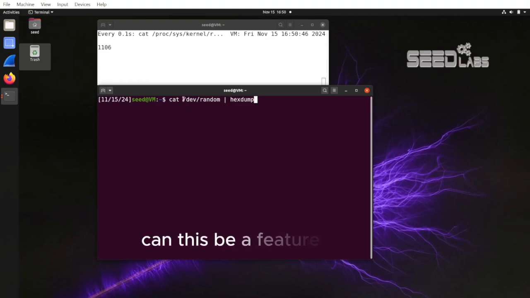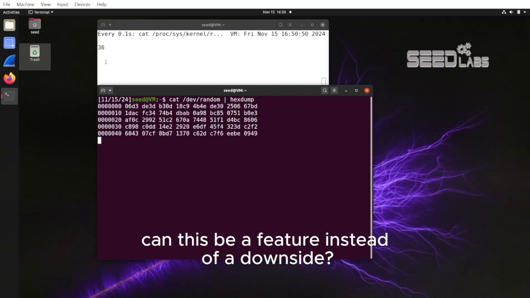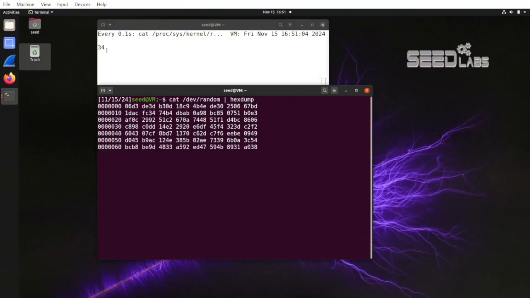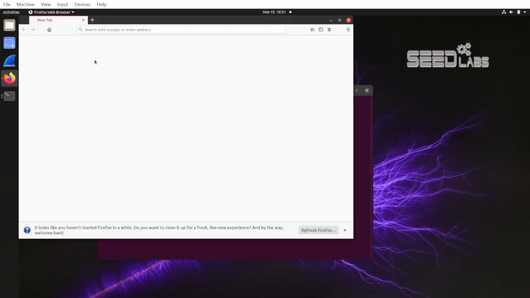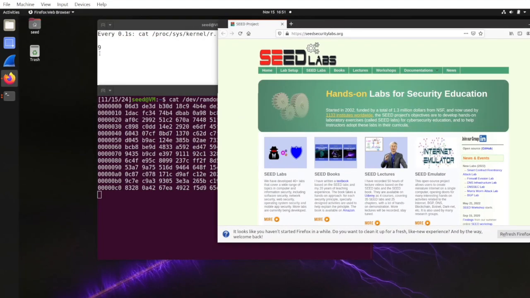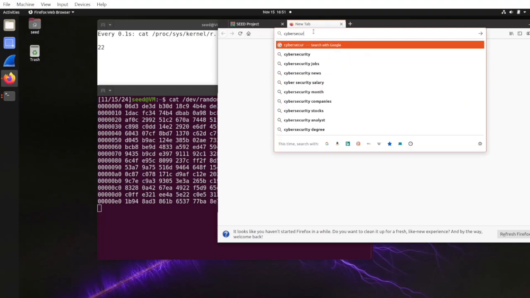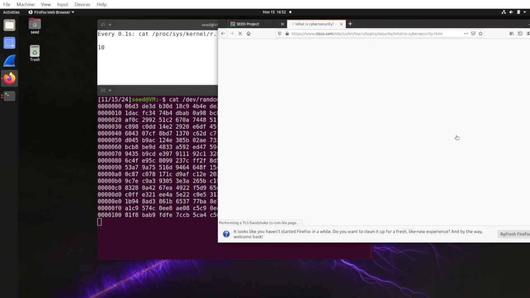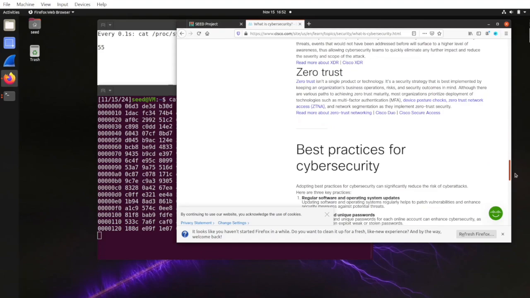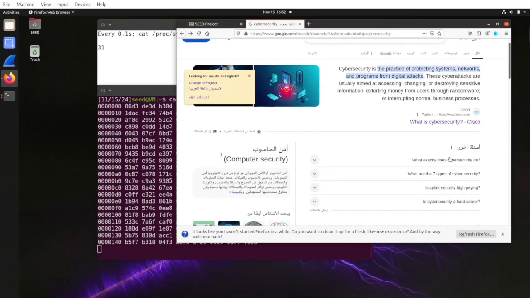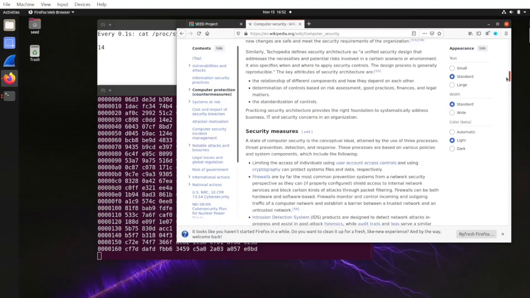/dev/random has a feature, or it might not be a feature, which is blocking. If there is no entropy inside the kernel, /dev/random will block and wait until it reaches a certain level and then generate a random number. Although this can be considered safer, it can cause denial-of-service attacks. Also, we can notice when we are surfing the web, the entropy increases, but not as much as when we move the mouse or press on the keyboard. This is because the randomness in moving the mouse is a lot higher than a DNS lookup, for example.